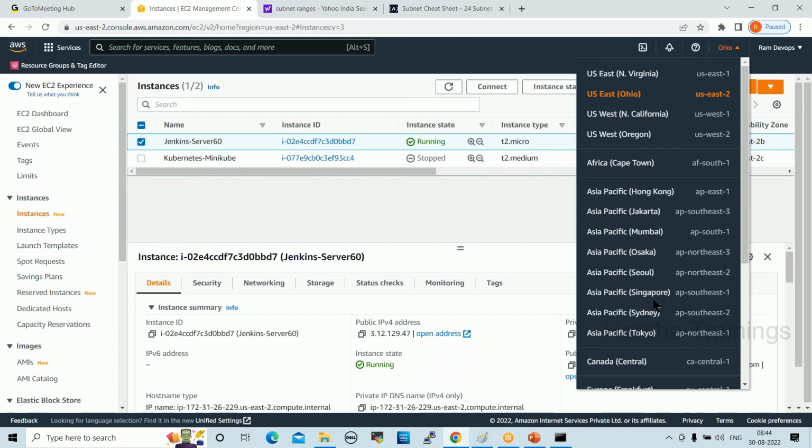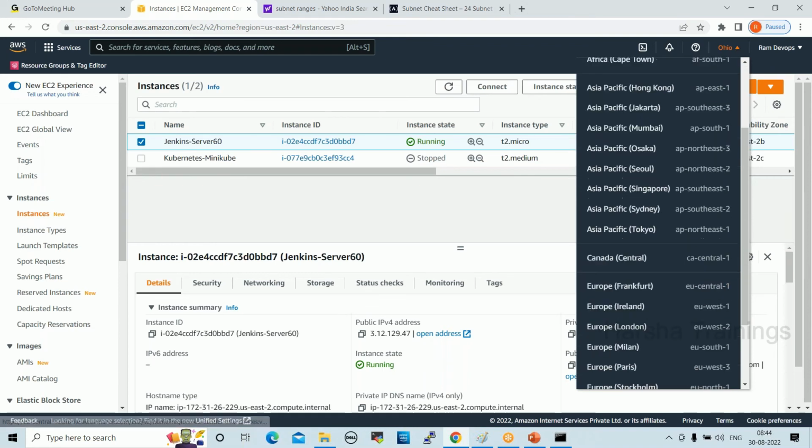So we can enable these applications to Singapore region. Sometimes what will happen? Our region will not be accessible. So automatically our data will be accessible from Singapore when we enable replication. These are all data centers AWS is providing, right?